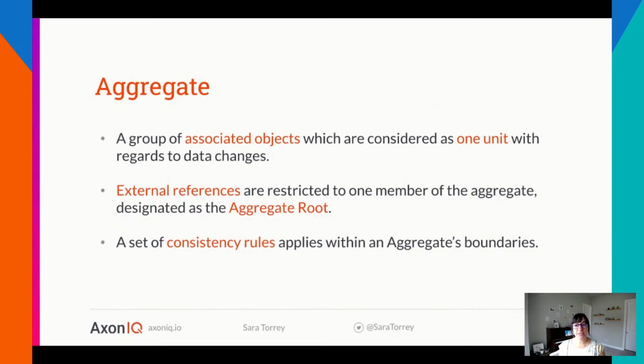So really, an aggregate is a group of value objects combined in one thing. If there's a data change, you want to act on the entire aggregate in regards to this change, because maybe several things need to change in the objects within the aggregate, and they need to happen in one go. And that has to be an atomic change from the outside world.